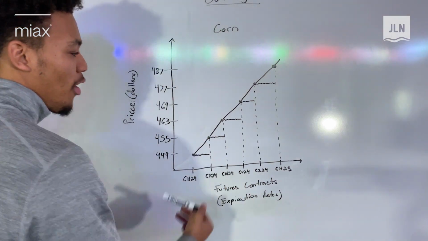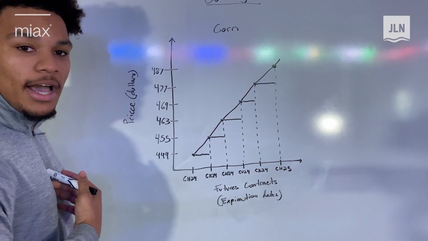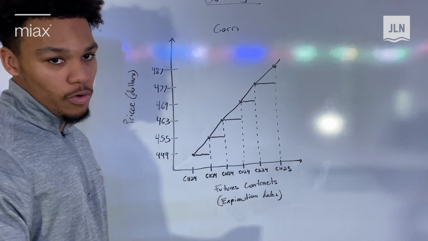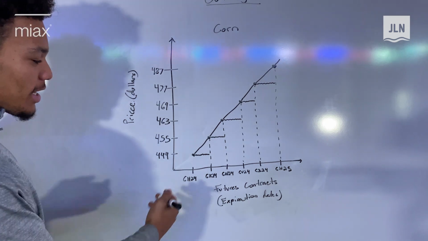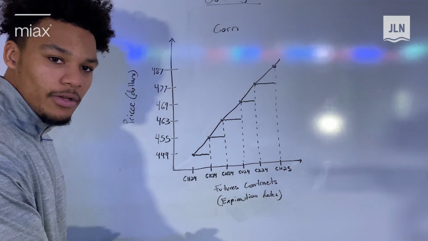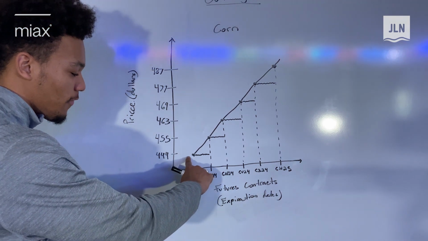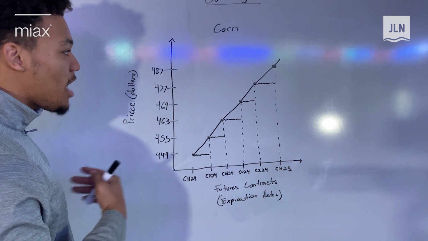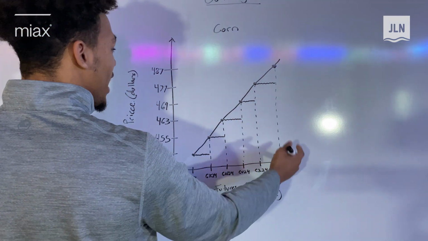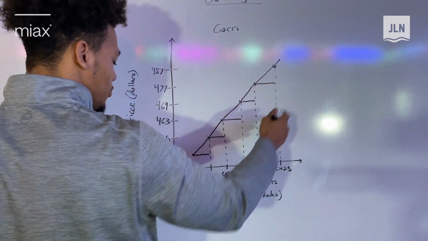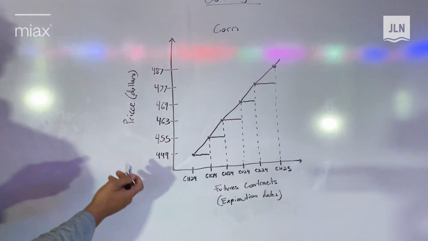Let's take a look at this market from a merchant standpoint or point of view, okay? If I'm a merchant or a producer of corn in the corn market today, and I see this market, there's not incentive for me to sell my corn today, because I would only be able to sell it for $444. Whereas if I held on to my corn until a future date, I could sell it in 1 year for $487, right? We see that.